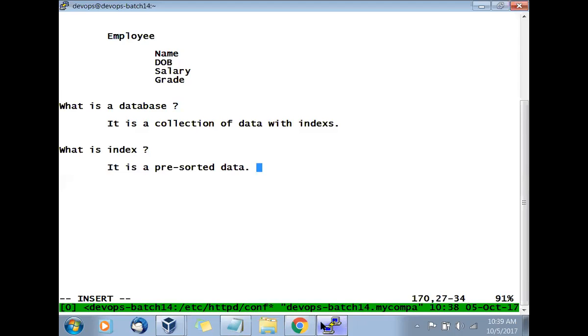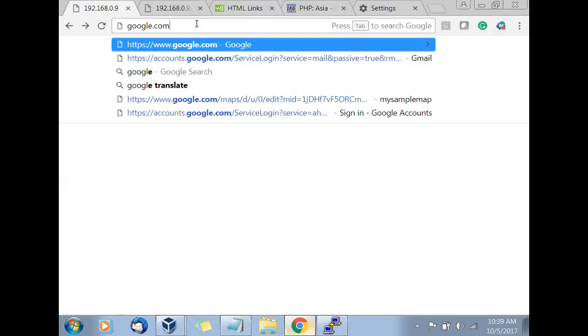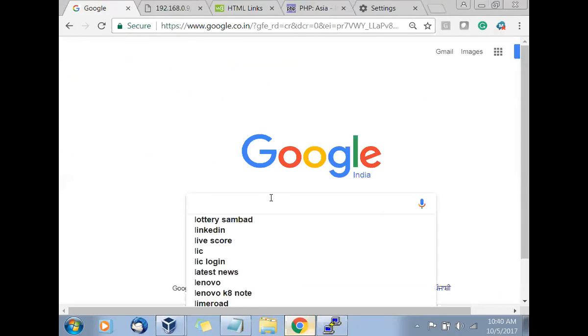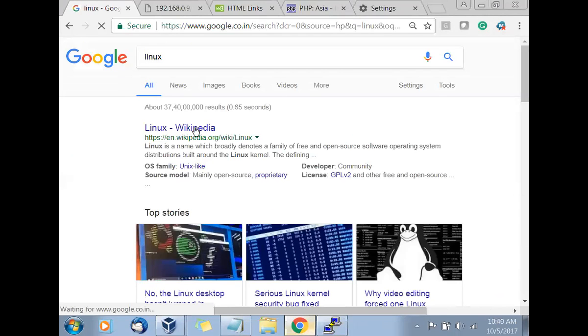Now, whenever I go and type here, let's say I go to google.com and search for Linux. How many records are found? So many records. Even I cannot count the zeros, no problem. How many seconds? But this is not what it is doing right now. This data was already sorted yesterday.